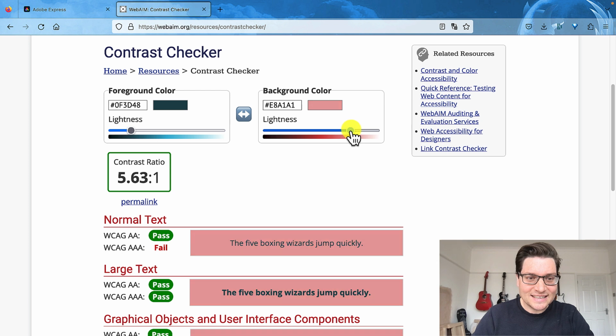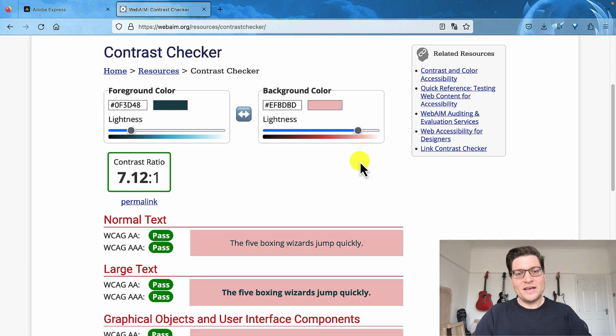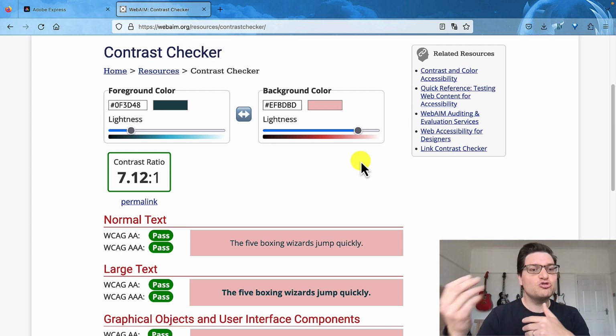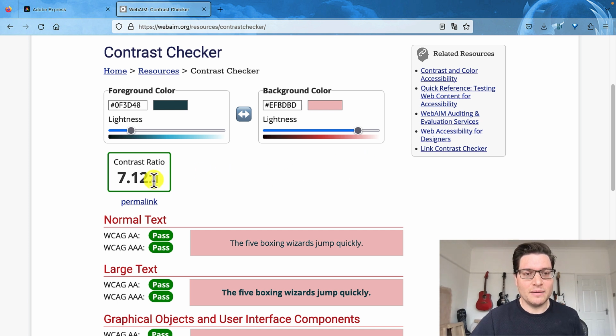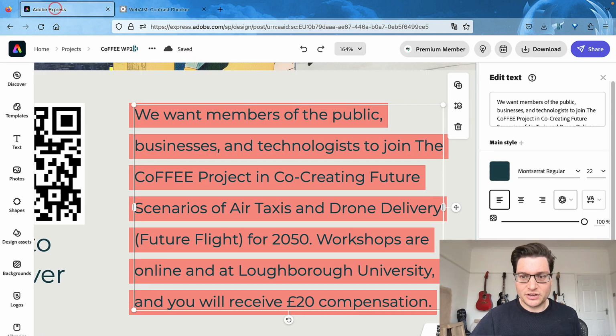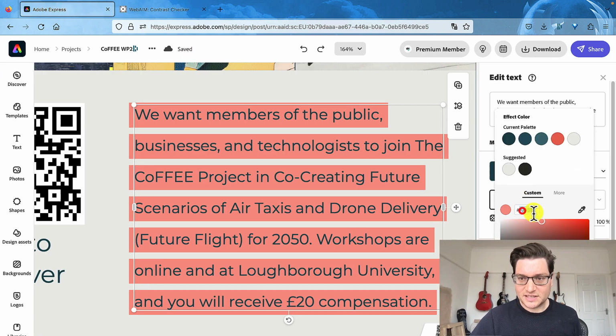and wait for it. There we are. So I'm looking for, there we are. That is the darkest background I can get past all levels of WCAG. I think this is 2.1 version, but it gets me up to AAA, so 7.12 to 1. So I'm going to take my hex code, copy it from there, into my background, drop it into there,